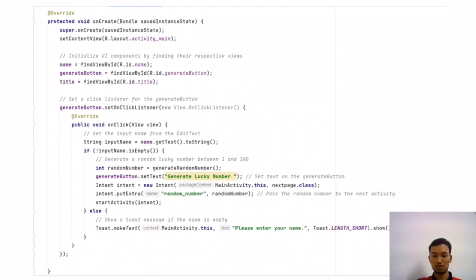Index, new index, main activity, this next page, to go to the next page to see the lucky number. Else, if the user doesn't put the name and just clicks generate lucky number,